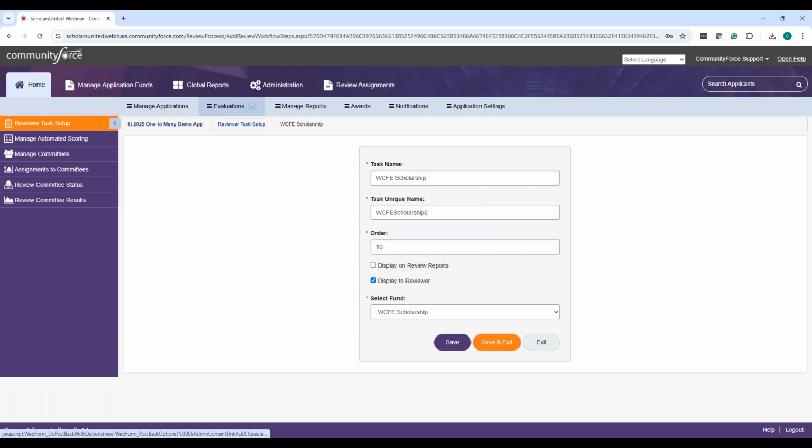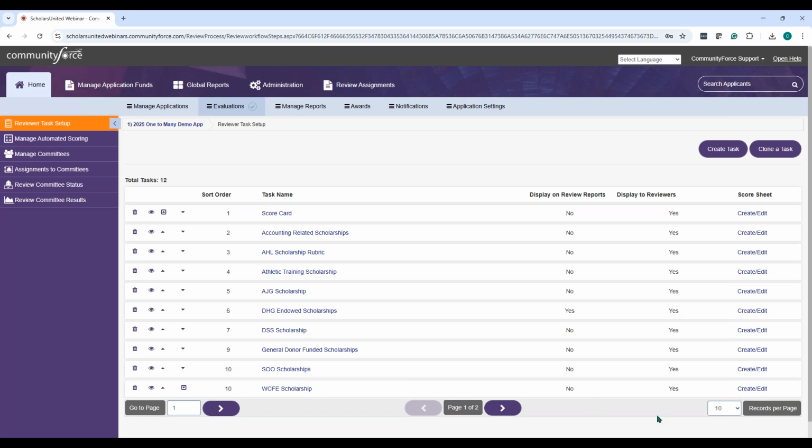So when you're looking at results, if you just want to see the results for one specific task, my recommendation is that you turn all your tasks off except the ones you want. If maybe you do want to combine accounting with the DHG, then I would activate that as well. And if I had the accounting team scoring, those scores would add together to this one. But I just want to see this DHG right now. So I'm just going to leave that one as yes. The rest say no. And now when I go to the results,